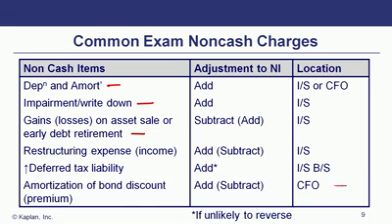Notice the locations are all over the place. Keep in mind, Level 2 is in vignette format. So I may give you just a set of financial statements and they're just going to say go, right? And you're going to have to know all of the adjustments that you have to make. Now, what we're going to go through in a bit is a trick for you to basically see what it is that you're going to need to do, what some of the adjustments are that you're going to need to make.